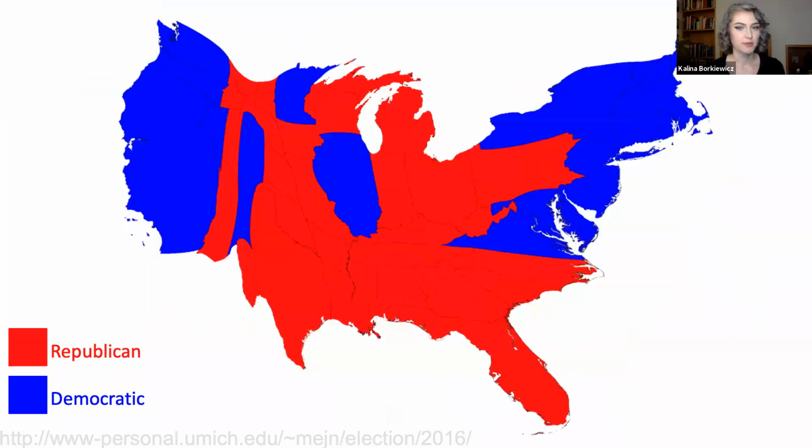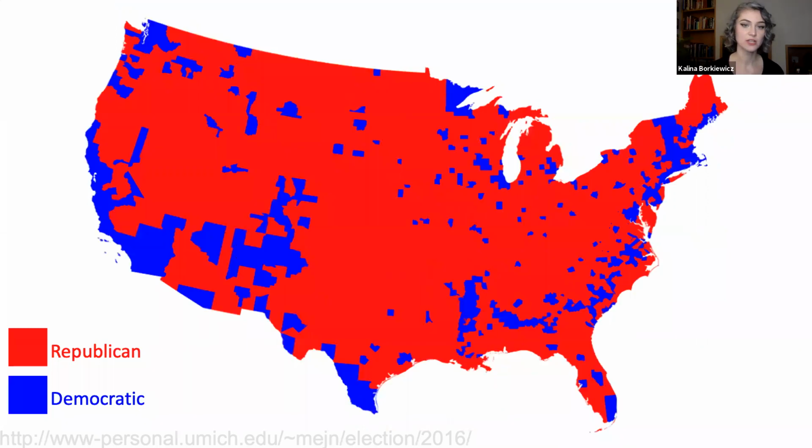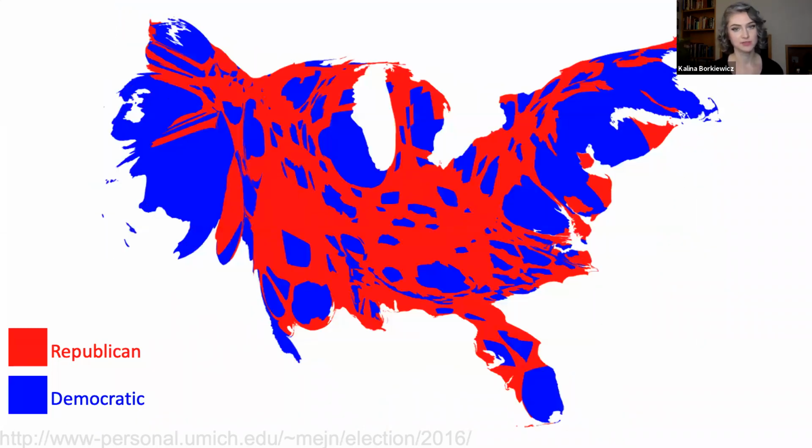Here's a recreation of that map that scales the size of each state based on how many electoral votes it gets, and you see a more accurate result of the election. We can do the same thing by county rather than by state. And now this data visualization tells a different story than just who won the election. It tells the story of how urban areas dominate the outcome of elections. Or a different narrative you could tell with this image is that the country is deeply divided and there's people with very different views living right next door to each other, right?